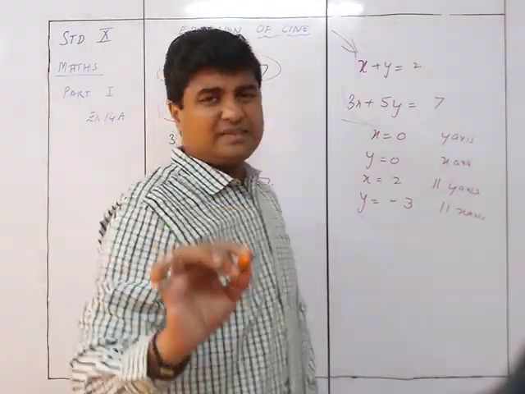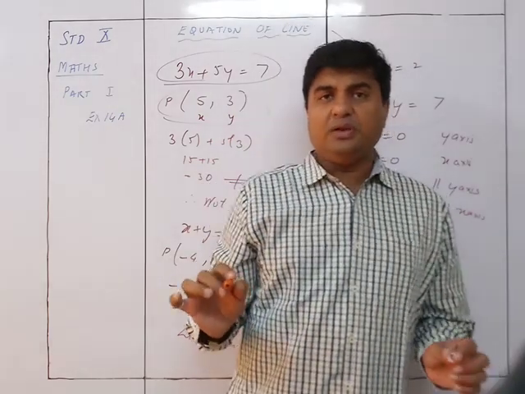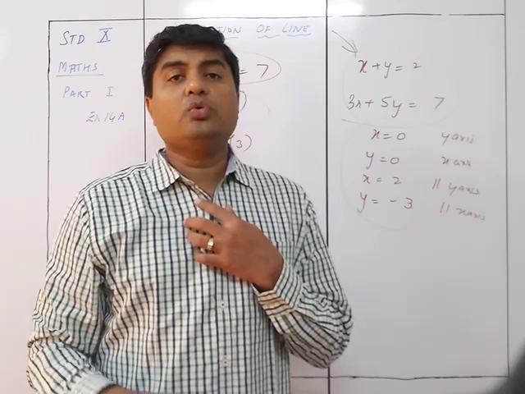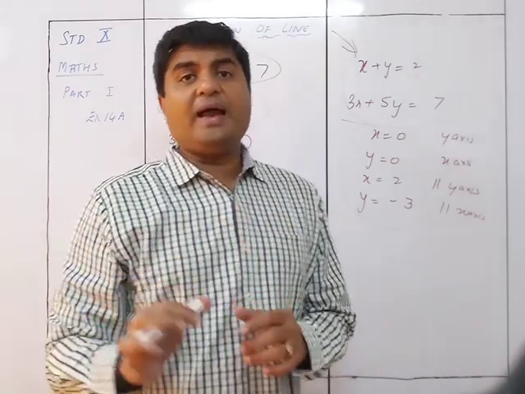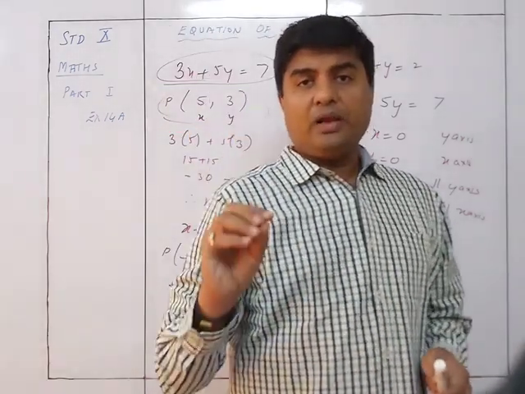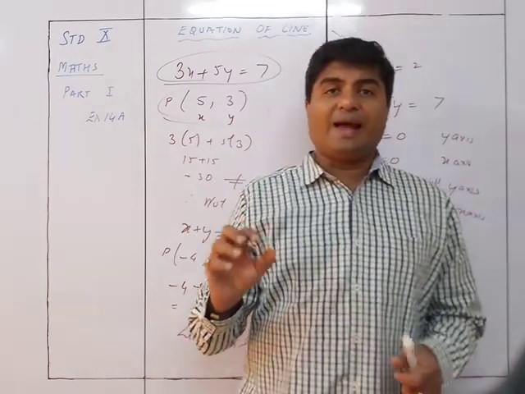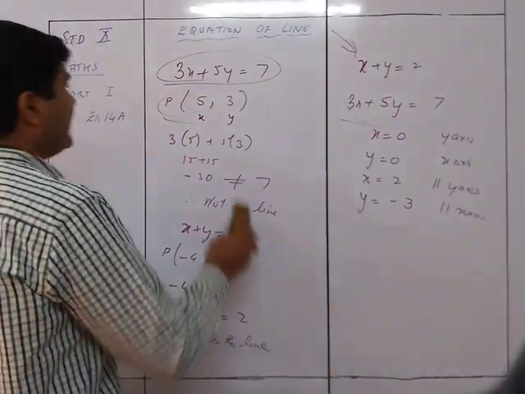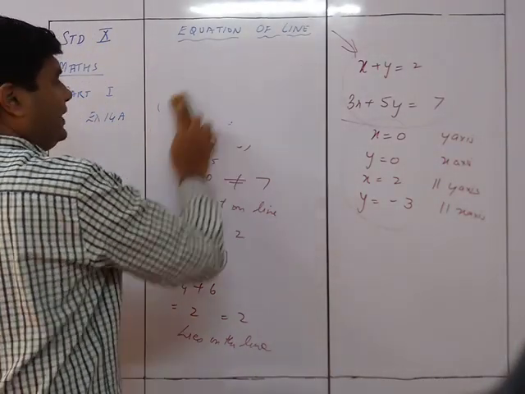So it's a very simple thing. The first exercise is absolutely very simple. You are just going to place the values of x and y into the given equation and find out whether it is on the line or not. Okay, that's a very simple part. So we start with exercise number 14a.